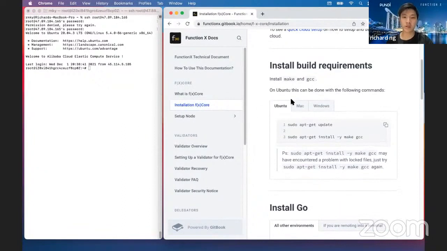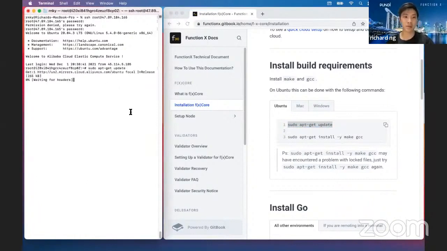Okay, so I'm using Ubuntu environment. As you can see as well, I'm using Ali Cloud Service. So you can choose whichever cloud service that you trust or you prefer. Some of my team uses AWS as well, and even Huawei Cloud. Just to let you know as well, what this command does is that it updates all the